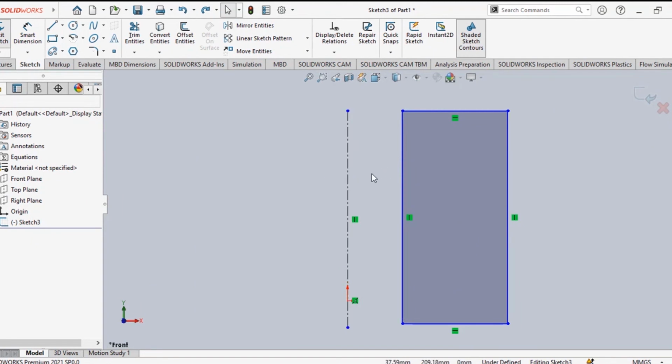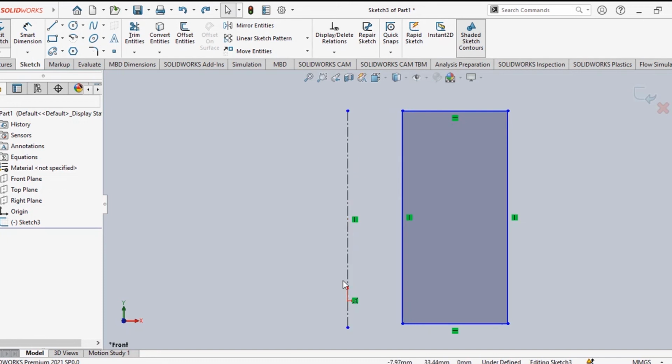How can it be made? By using a relation you can make it. Or you can make the distance between this axis and this line 0. Or you can do some other thing. But the easier thing is to make a relation that this solid line and this central line should be coincident. These two lines should lie together. In that case, if you rotate this with respect to the central line, it will be a solid object.